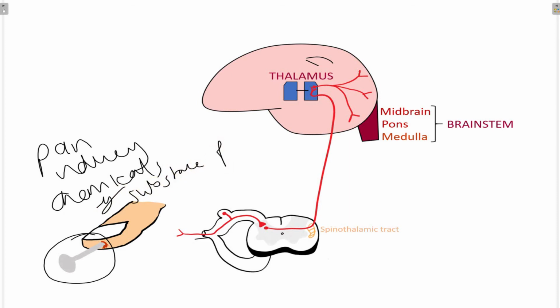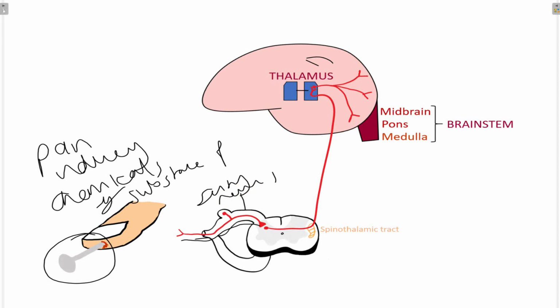And what this does is it causes transmission of signals via a sensory neuron, through a sensory nerve,